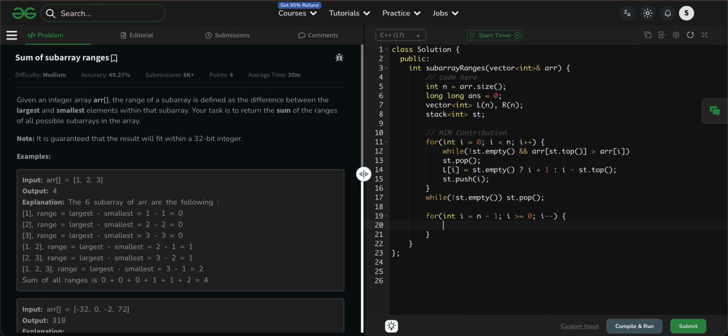And again while st is not empty and array of st.top is greater than array of i, again there is the st.pop, and then